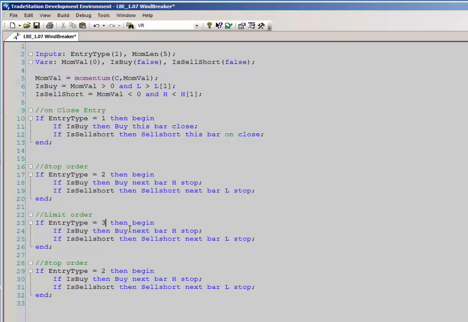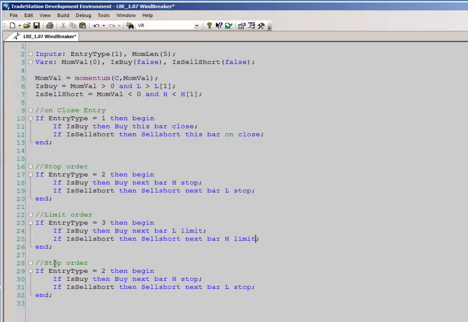If is buy, then buy next bar low limit, which means at or better than the low of the bar, and it is next bar, and the opposite will be true. We want for the sell short at the high on a limit,